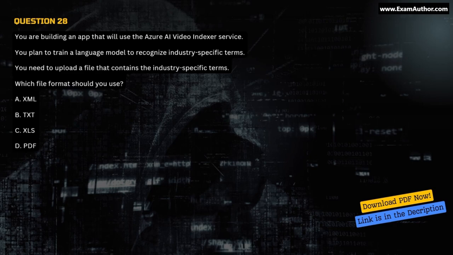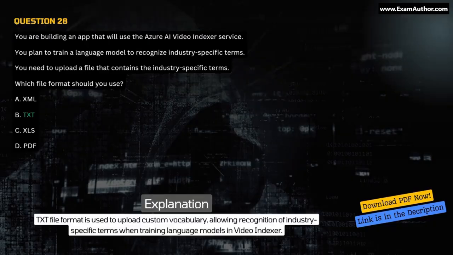A. XML. B. TXT. C. XLS. D. PDF. Correct answer B. TXT. Explanation. The TXT file format is used to upload custom vocabulary, allowing recognition of industry-specific terms when training language models in